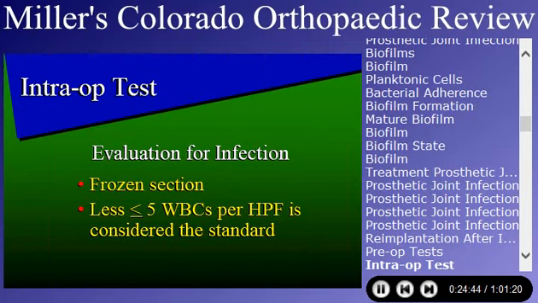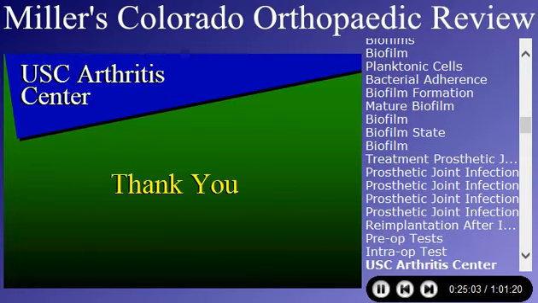In terms of evaluating for infection, frozen sections, the answer has been less than 5 white cells per high power field is considered the standard. If you're above 5 white cells per high power field, you have to worry about infection inside the joint. This is either at the time of revision surgery or at the time of reimplantation. Okay, so I'm going to go on to the next talk, which is